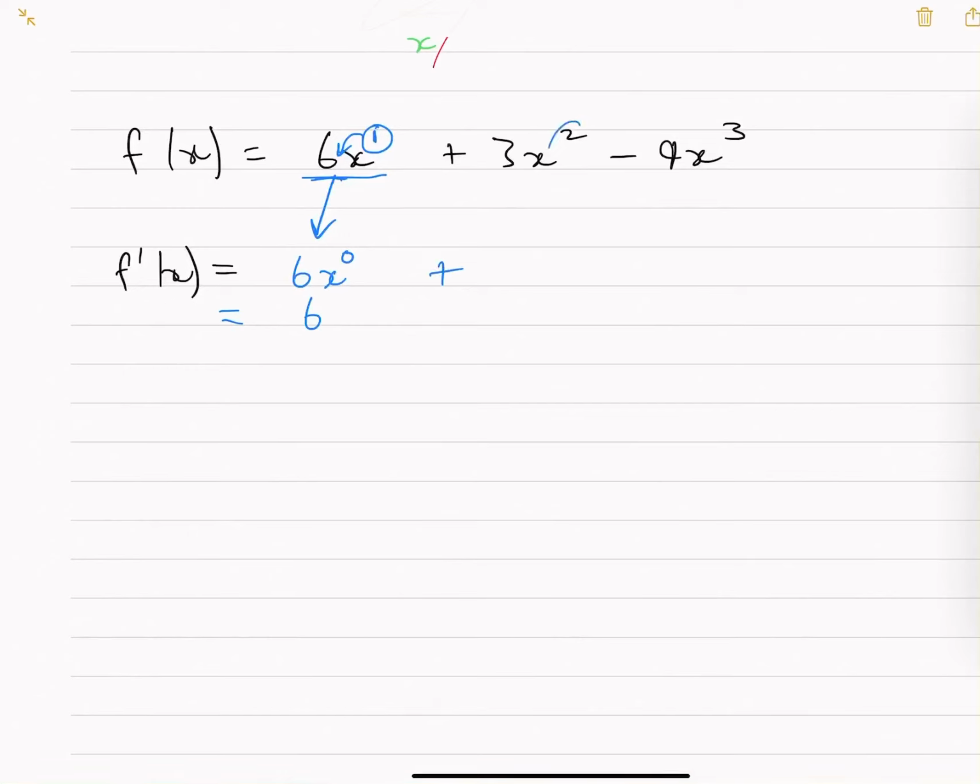So the 3 multiplies by the 2. 2 comes down, 6, x, and drop a power to 1. Obviously, I wouldn't write the 1. I'd just write 6x. Okay, what about the 9? So I get 9 times 3, 27x squared. Okay, the negative just goes with it. Right, and I'm done. So even though something looks more complicated like that, you just deal with each individual